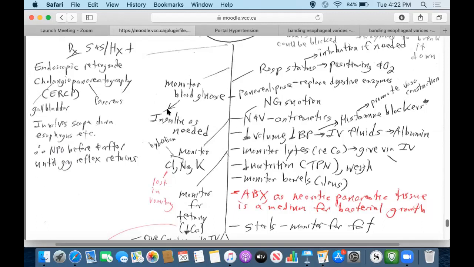Nursing considerations before this test: the patient needs to be NPO, and when they come back, you want to make sure that they're alert and oriented, their vital signs are all right after the test, and that their gag reflex has returned before they start sipping fluids or eating food, because they have to numb the back of the throat when they give the ERCP. So you want to make sure that they have a gag reflex when they come back